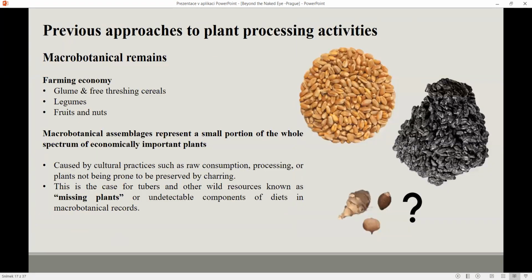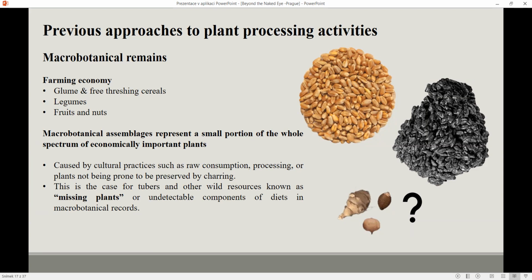So what we know about plant use at Çatalhöyük, thanks to previous approaches to plant processing activities, has been basically based on the recovery of macrobotanical remains. In this sense, Çatalhöyük has produced by far the largest archaeobotanical assemblage for any other Neolithic settlement in Western Asia, with many samples. And thanks to the study of this large assemblage, we know that the farming economy of the people from Çatalhöyük was based on the cultivation of free-threshing cereals, legumes, and the incorporation of wild fruits and